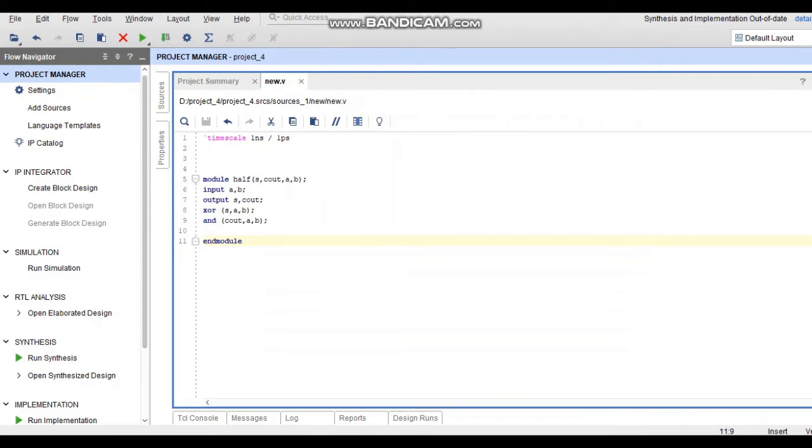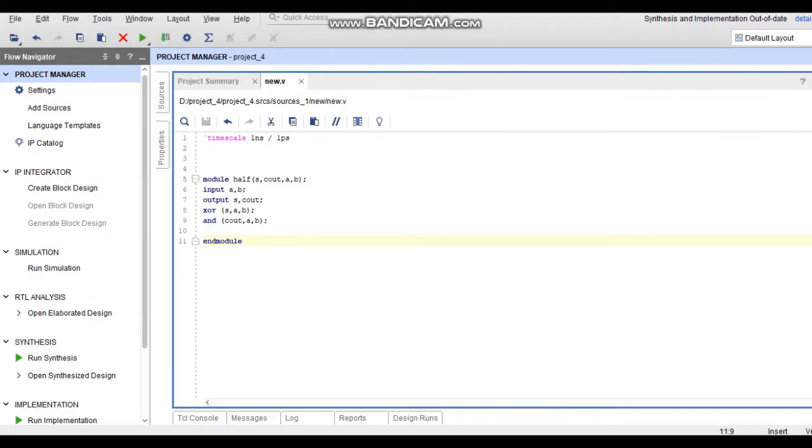So if you have a basic understanding of Verilog, you can easily understand that this is a code for a half adder circuit. Now in the previous video, I manually wrote a test bench and tested the functionality of my code. Now if I don't wish to write a test bench and I want to test the functionality of my Verilog code, that is, generate the manual stimuli, I will show in this video what I need to do.